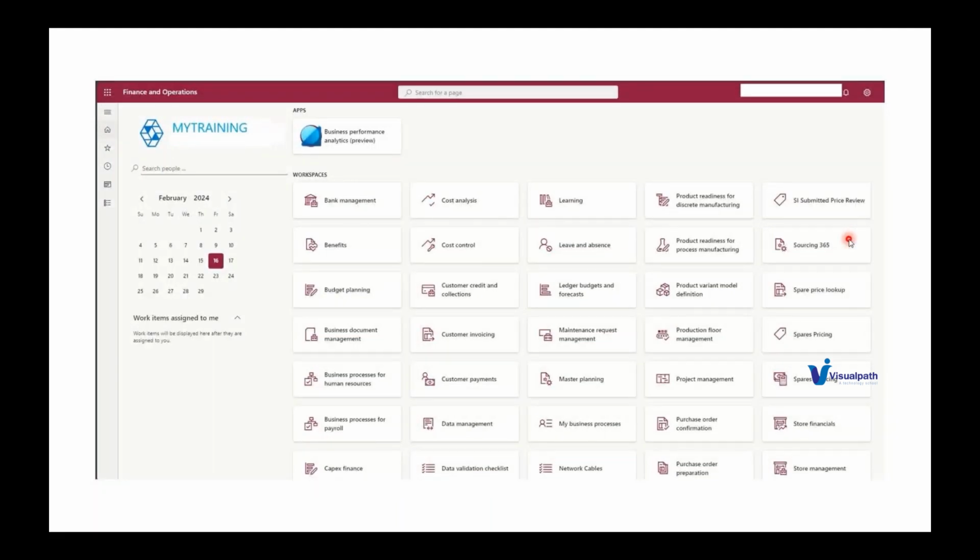One is to book a ticket, another is to cancel a ticket, see the route, book catering. They are different modules. Very similarly, within D365, there will be different modules: bank management, cost analysis, budget planning, store management. Since it's an ERP,